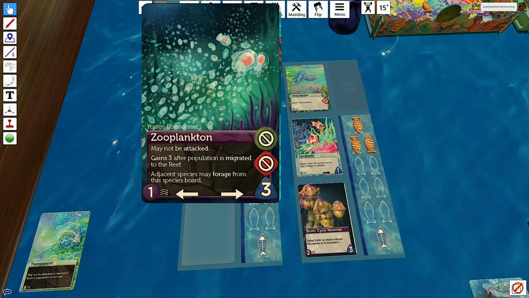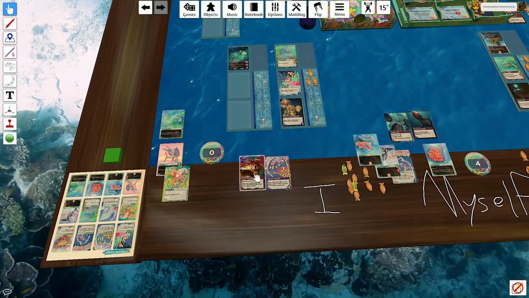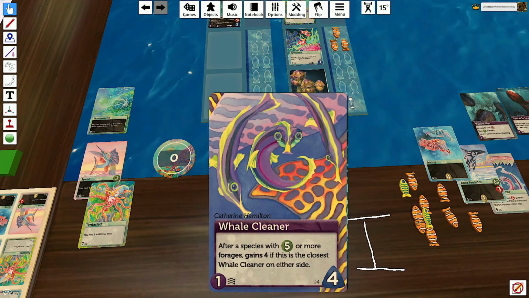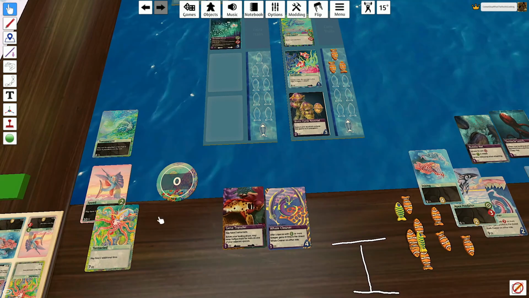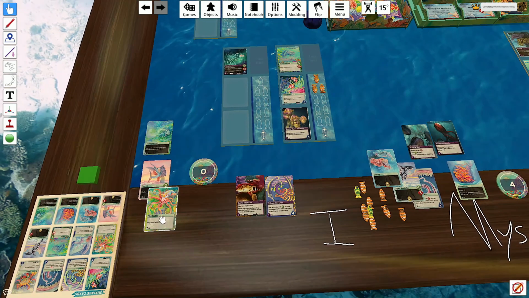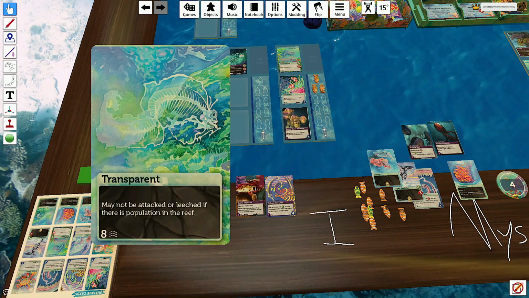And he gains 3 after population is migrated to the reef. So he's going to do that straight away. It's any. Right? Yeah, any population. So let's transfer using...